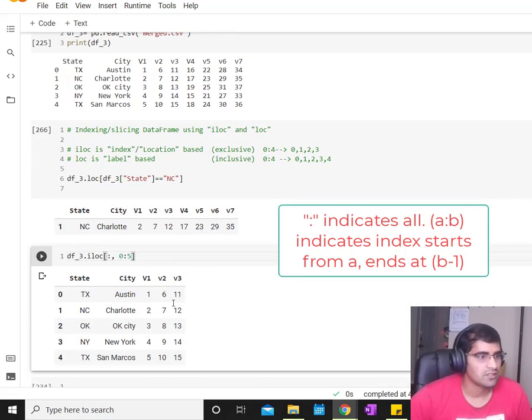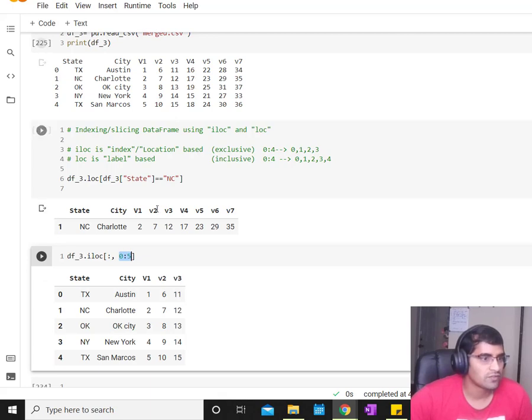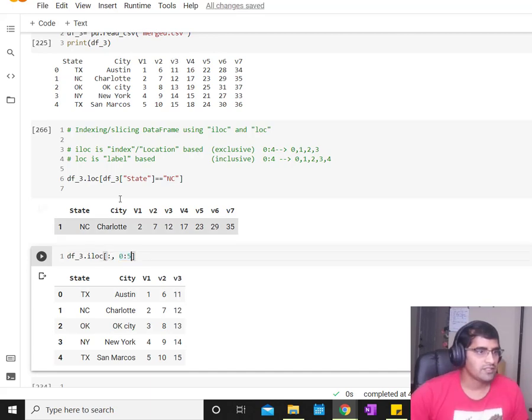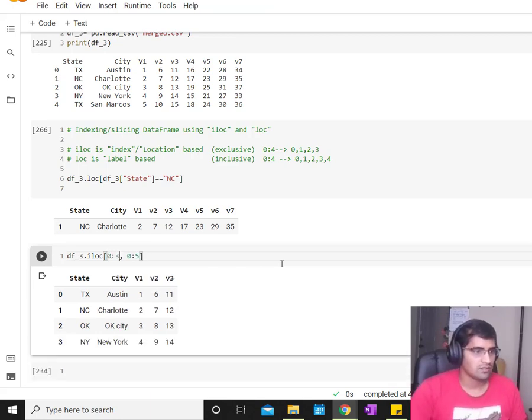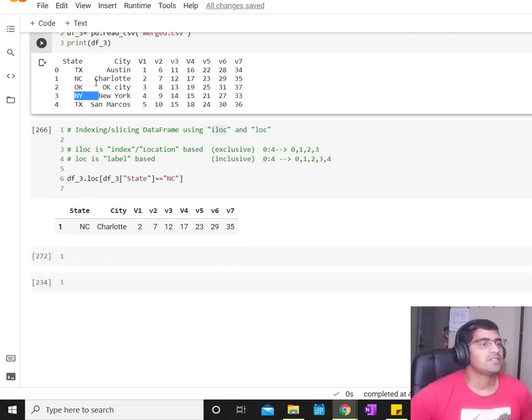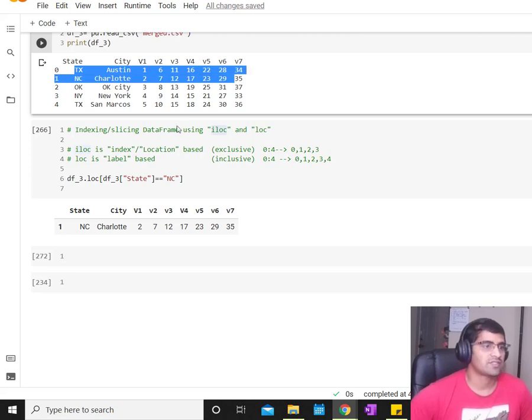Now you see we get all rows from 0 to 4th. So that means 0, 1, 2, 3, 4. If you are interested to take only these first 3 rows, then from 0 to 3. Now, for example, I am interested to get the first 3 rows and all the columns.